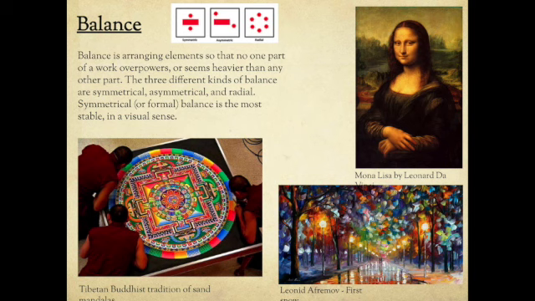Symmetrical balance is the most stable in a visual sense, but asymmetrical is something that I feel like we're more drawn to nowadays. You can think of symmetry as when you look at yourself in the mirror and just stare straight ahead at yourself. That is symmetrical balance. Now, symmetrical doesn't have to be perfectly symmetrical. If you've ever taken a picture of yourself, or tried to draw yourself with two right sides of your face, we're not the most symmetrical beings. We're pretty symmetrical, but not perfectly symmetrical,